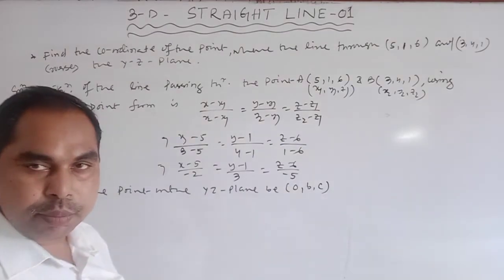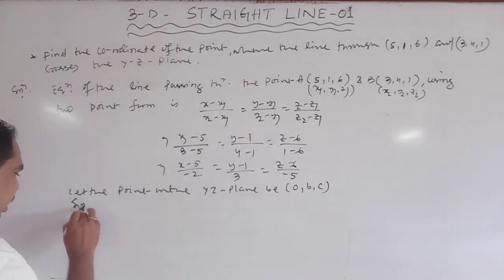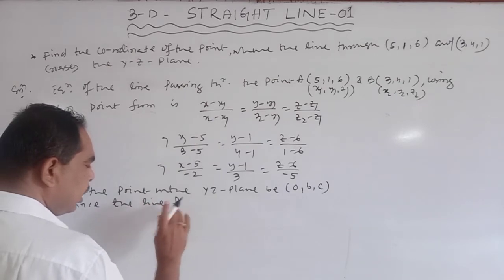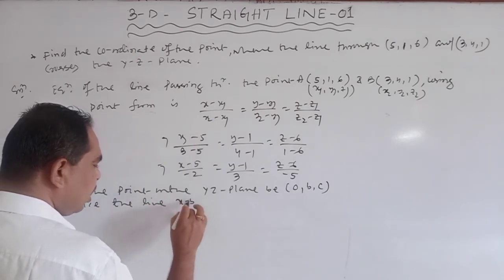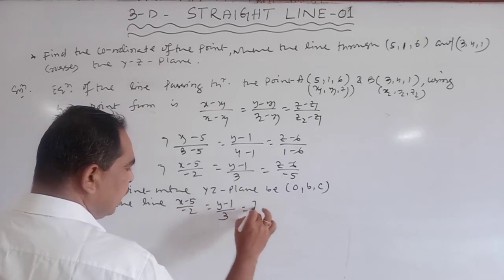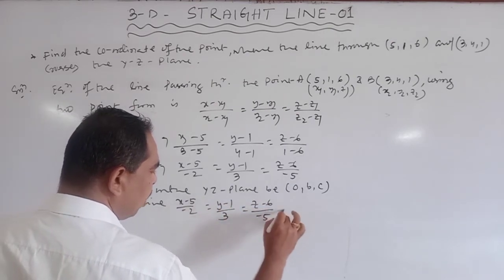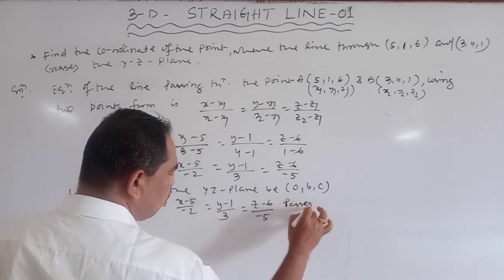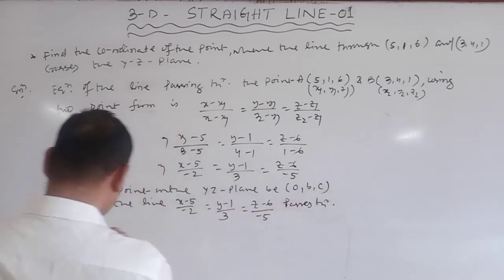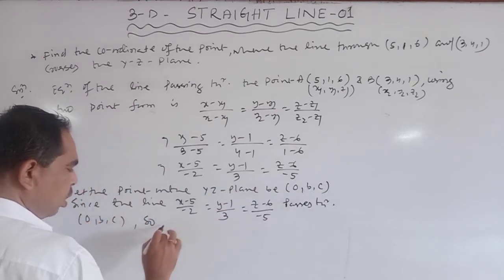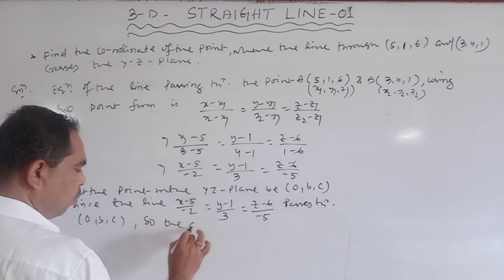Since the line x minus 5 by minus 2 is equal to y minus 1 by 3 is equal to z minus 6 by minus 5 passes through 0, b, c, the above equation becomes